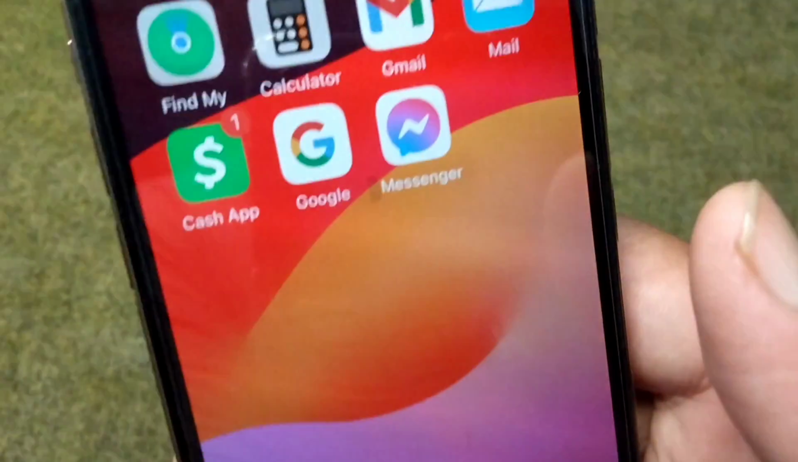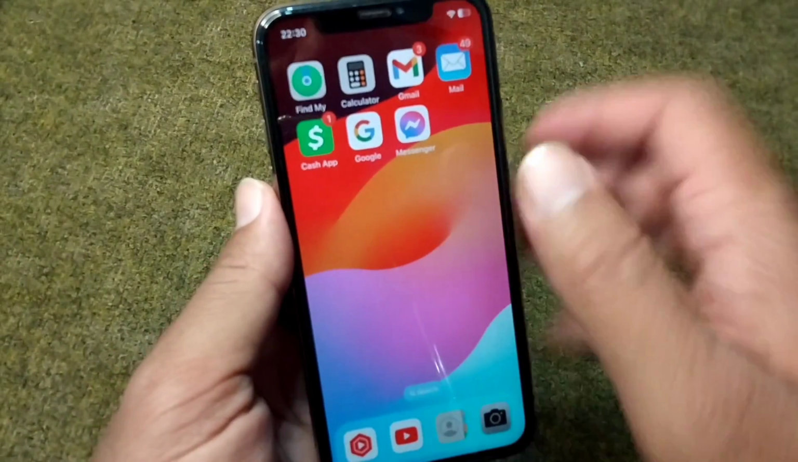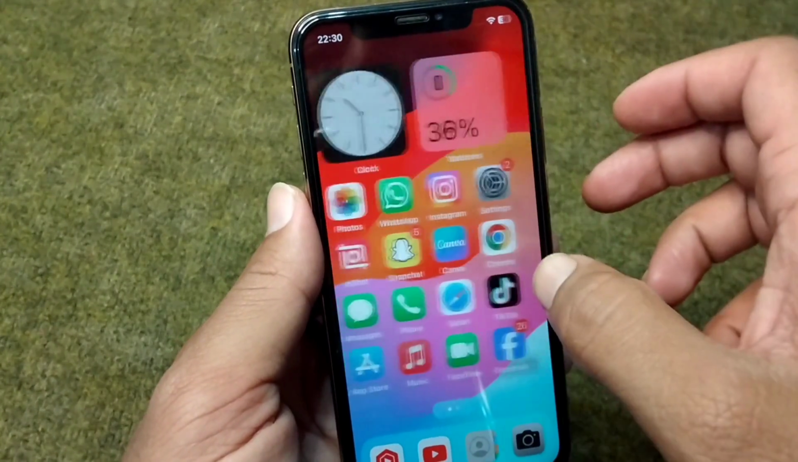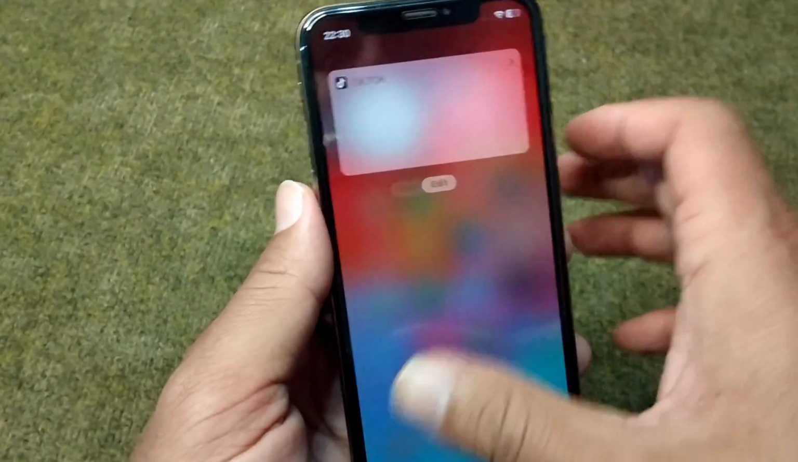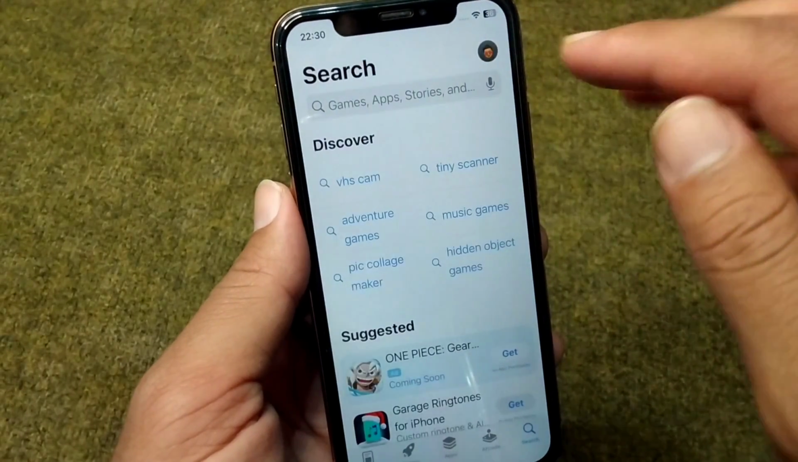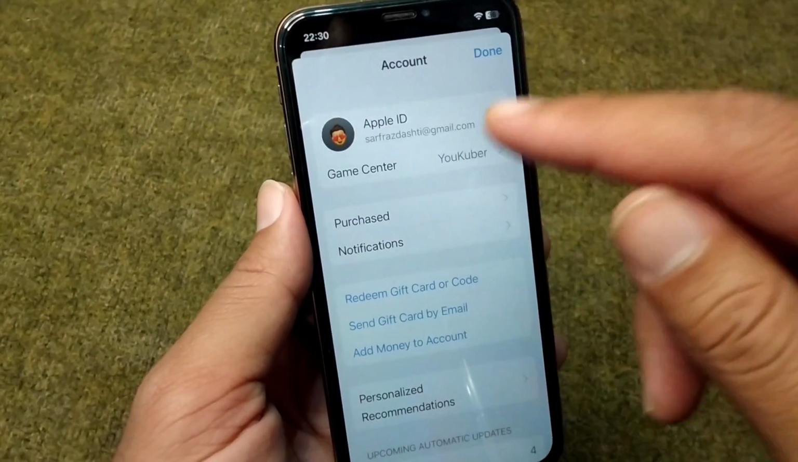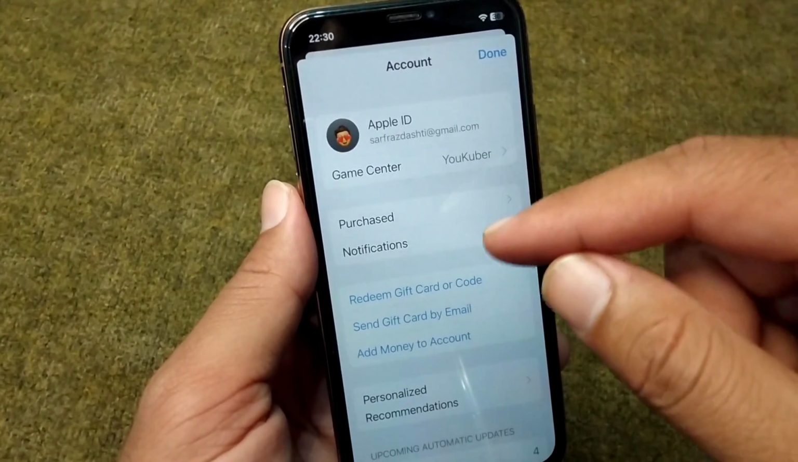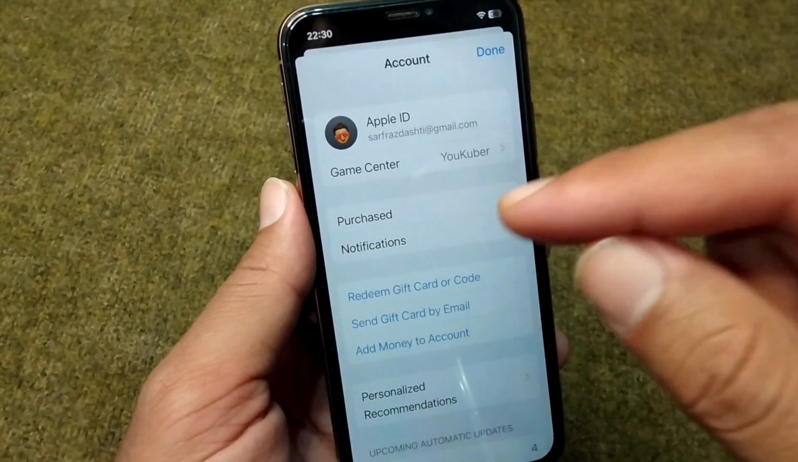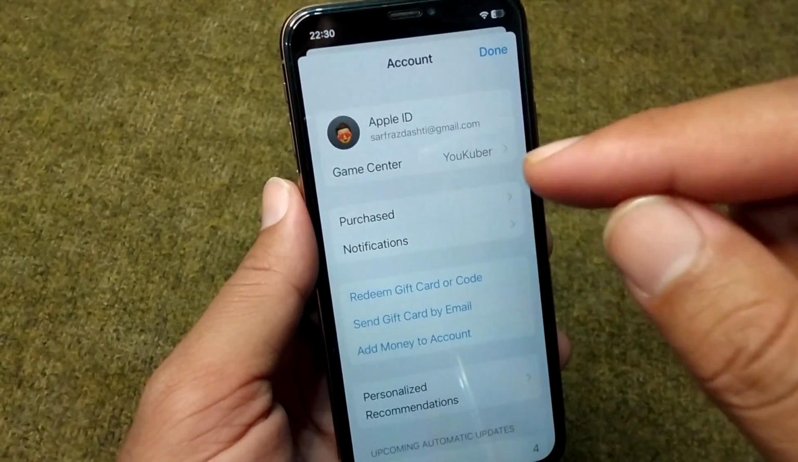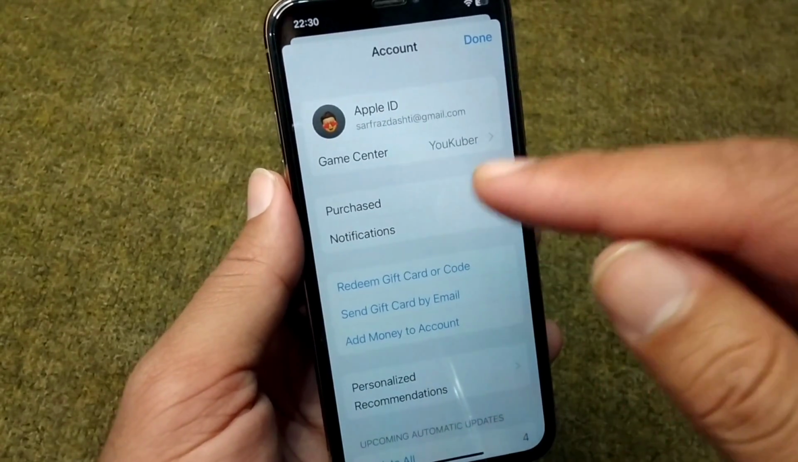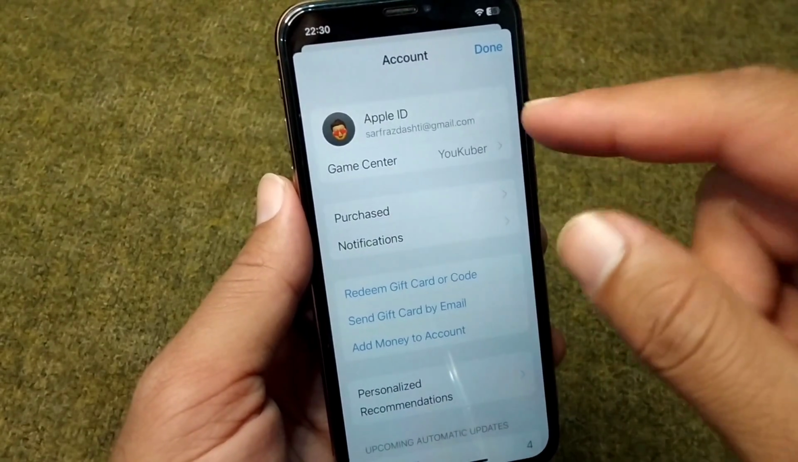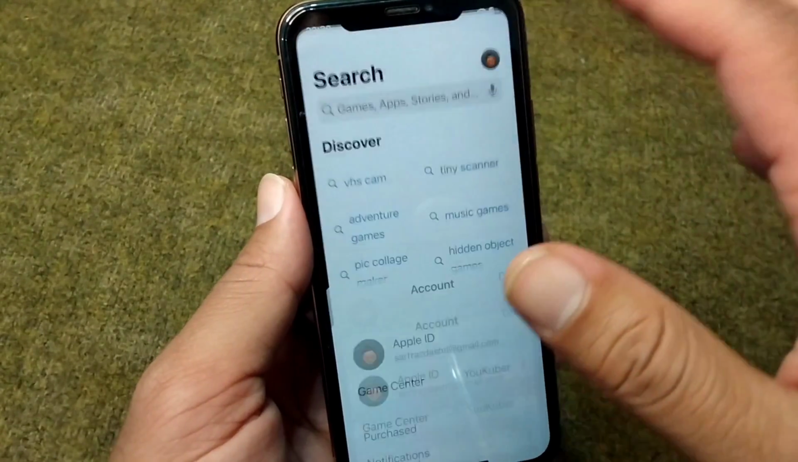So guys, first of all go back to your home screen, and from here you have to make sure that your internet connection is working properly, and after this you have to open your App Store. Here it is, and from here tap on your profile, and from here you have to simply sign out your Apple ID if there is any Apple ID in your App Store. Then you have to create your Apple ID using your App Store. So from here you have to simply create your Apple ID using your App Store. So after this, check if the problem has been fixed or not, and if you're still facing this problem,